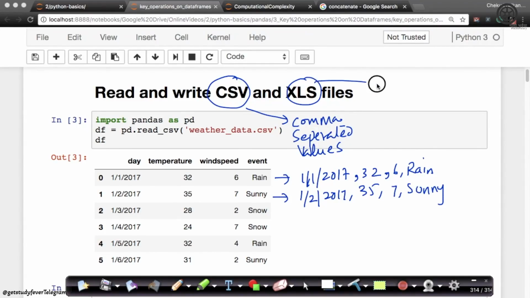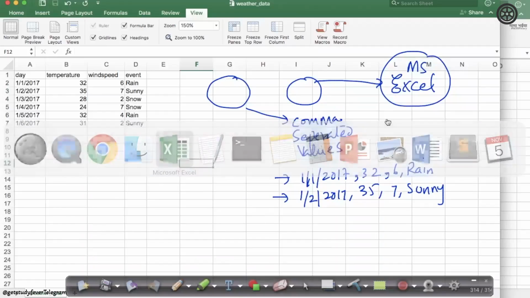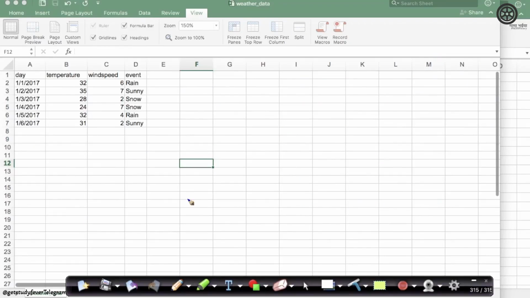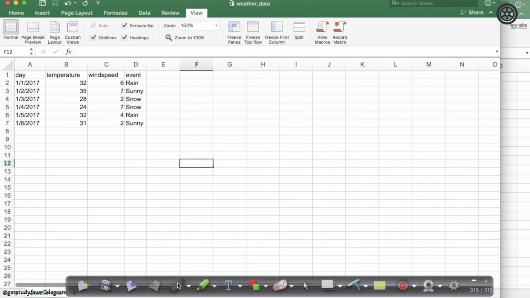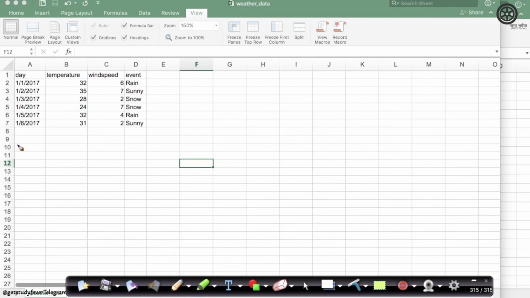On the other hand, XLS files are nothing but your Excel files, your Microsoft Excel files. Anybody who has ever used Microsoft Excel knows how it looks. Microsoft Excel is a very, very popular software which is used extensively by the way. Here you can organize your data into a table.